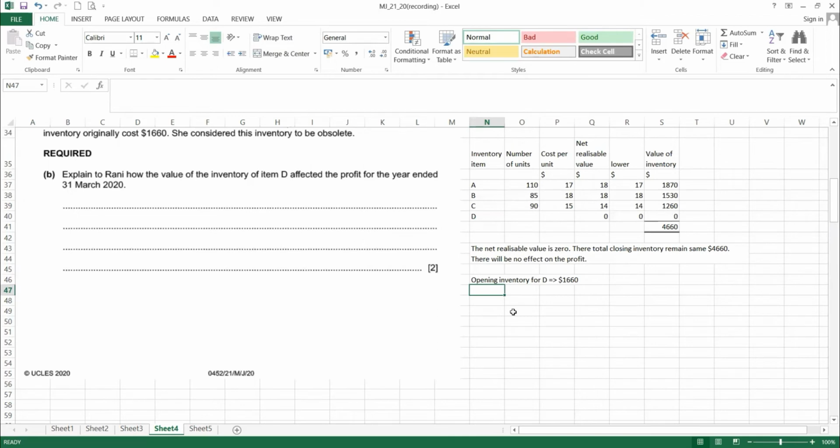If we use the accounting concept, the income statement, we have the revenue less cost of sales: